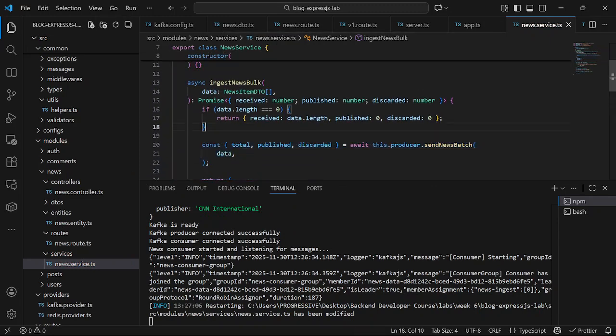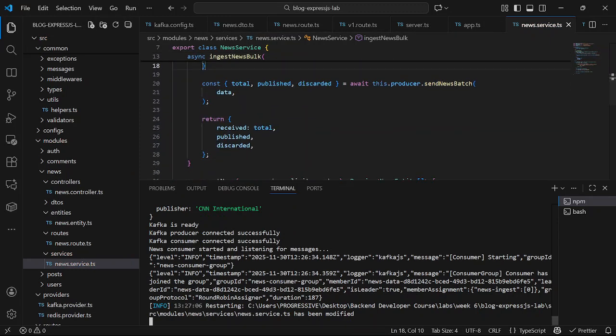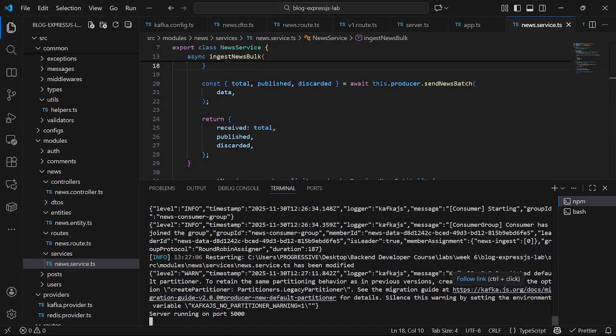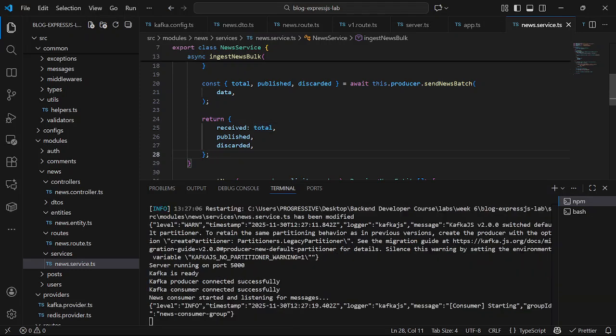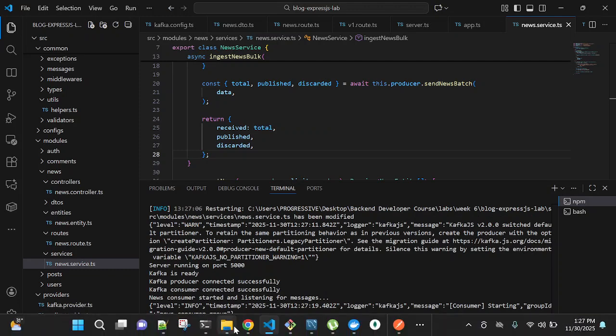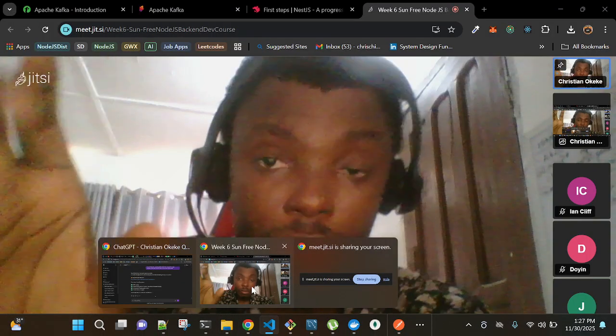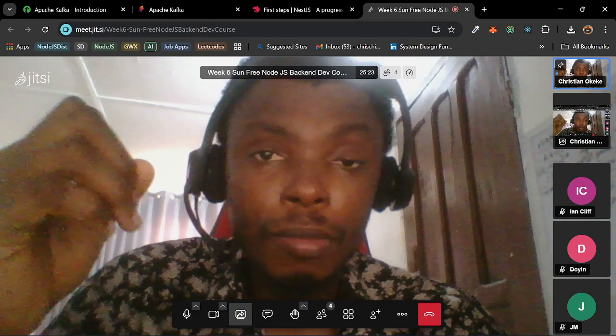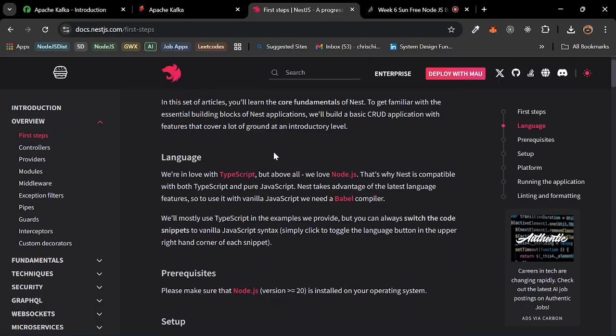So guys, that's the whole thing about Kafka. Please, this is not the only usefulness of Kafka. Kafka has a lot of usefulness, so you can just browse about them, read up on how useful it is, what you can do with it. It is just an intro, right? This is the bare minimum of what you can do with Kafka, just the intro.